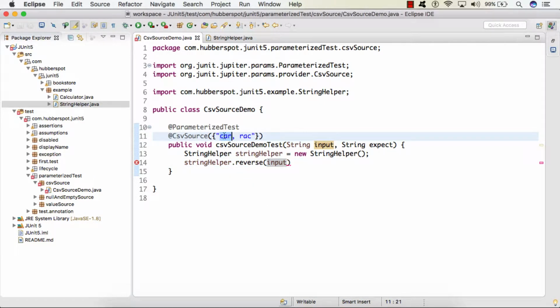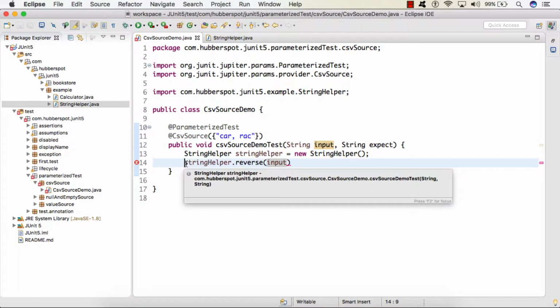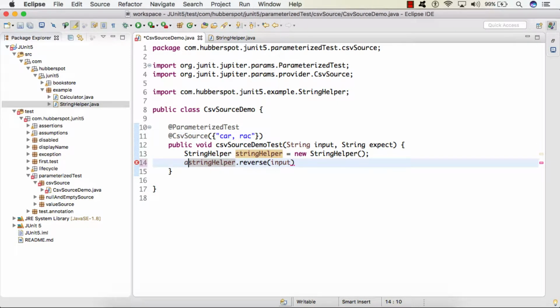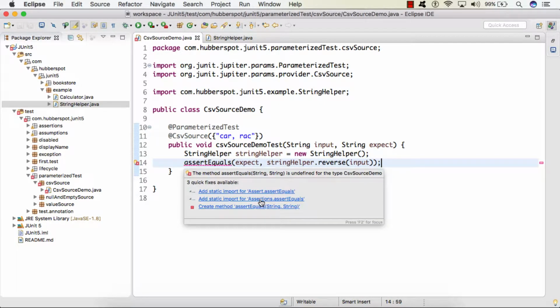We also know that if we reverse car, then we'll get the string RAC. So here I will simply provide an assertEquals, where my first value would be the expectation, so I'll simply give expect, and the second value would be our actual value, which is being returned from the reverse method. Here I will simply import assertEquals.